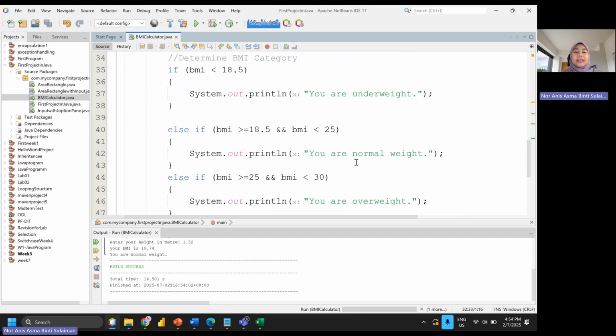And then after that, it will give you the status based on the condition. Okay, so it will check the conditions line by line. If not matched, then it proceeds to the next one. If matched, then it will keep it and display the output. So according to the result given, the BMI calculated here is 19.74. So it will check whether it is less than 18.5. No, it's not matched. Then it will go down to check this. So now it will display normal weight. Why? Because the result matches the second condition, which is BMI is more than or equal to 18.5, and BMI is less than 25.